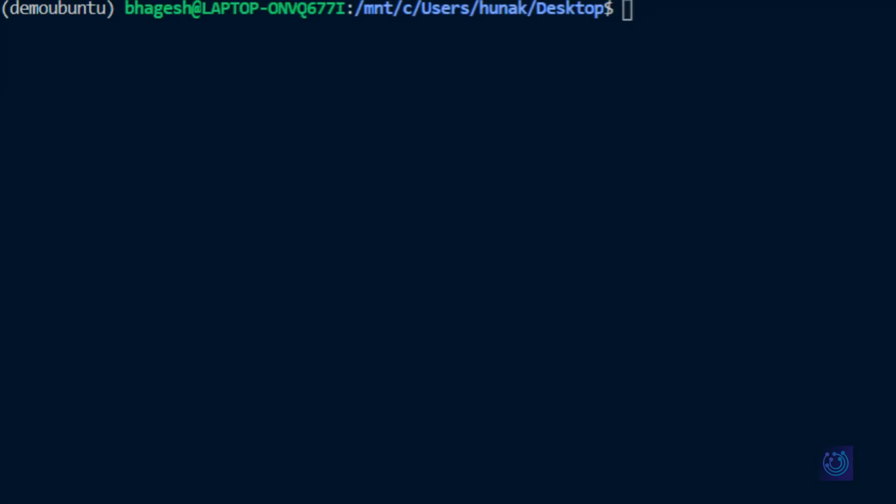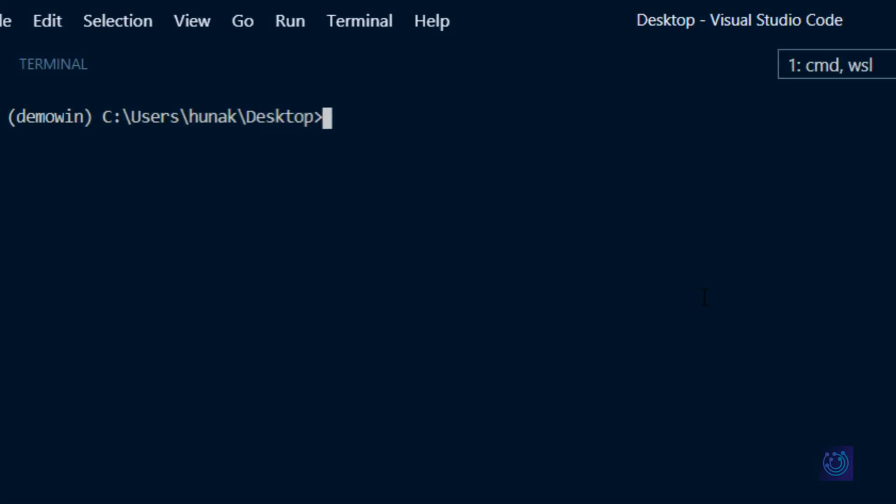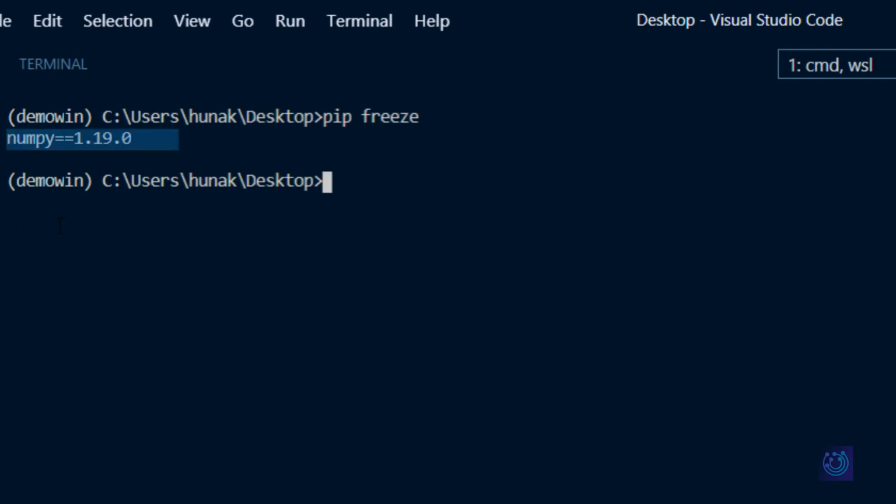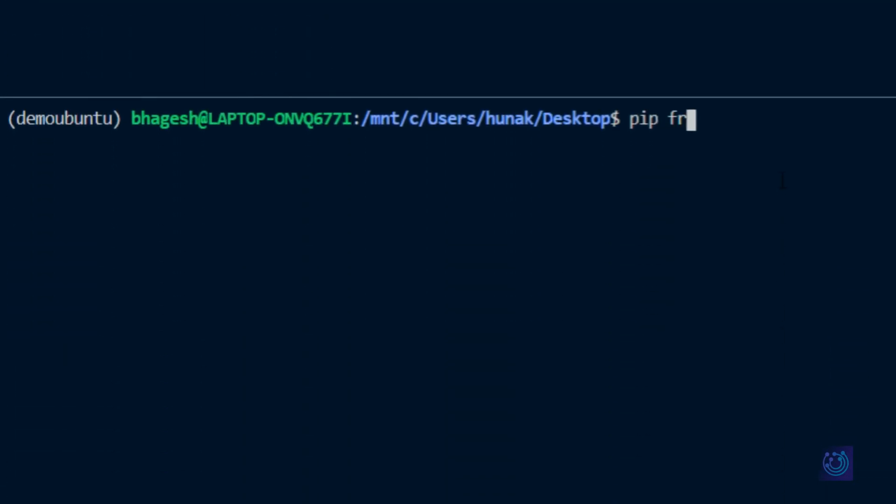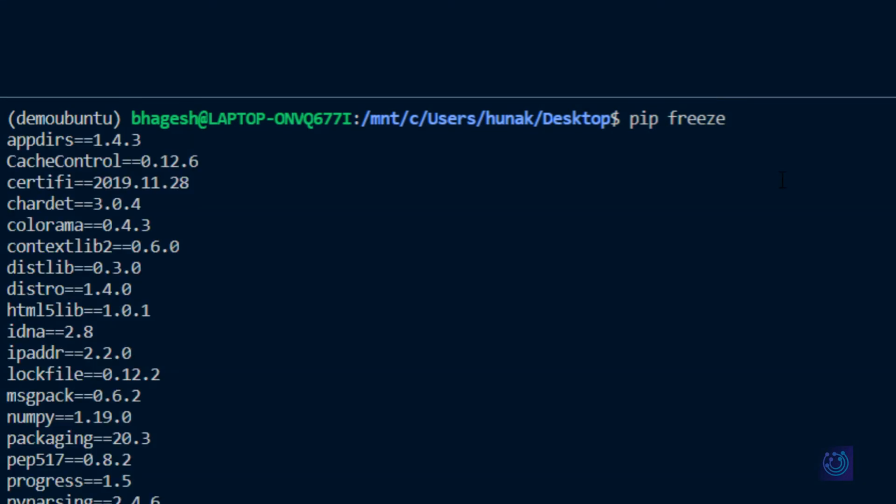So the next thing which we are going to find out is what are the modules or dependencies which we installed after creating the virtual environment, which weren't already installed previously in the root, which didn't come pre-built into Python. In Windows, to find that out, type in pip freeze and hit enter. It'll give you modules or Python dependencies which you installed after creating the virtual environment. We can run the same command in Ubuntu. If you see numpy listed here, these are all the dependencies which were installed after creating the virtual environment.